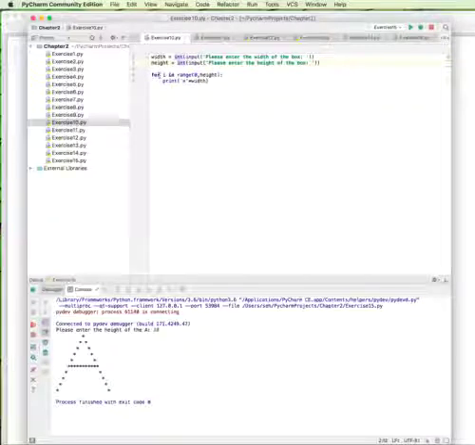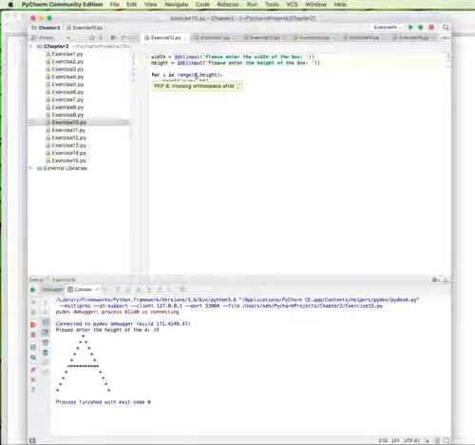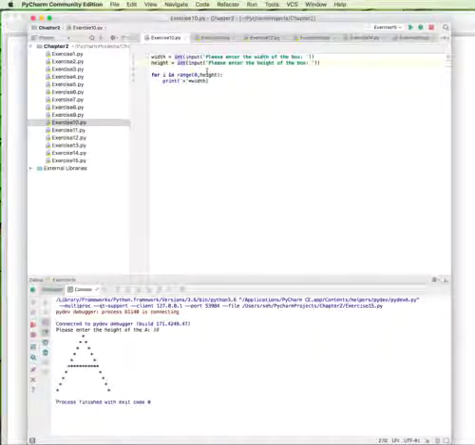Now in this case what we're going to be doing is iterating with a for loop, and the for loop is going to go from 0 to the height minus 1, and so that'll give us a total of whatever number of rows that they put in, and in each of those rows I'm going to be printing the asterisk string times the number of characters, which would be the width. And so when you run this one,